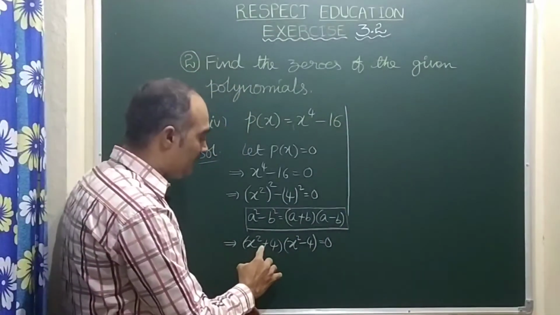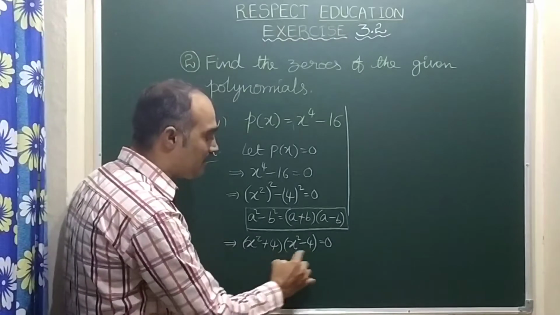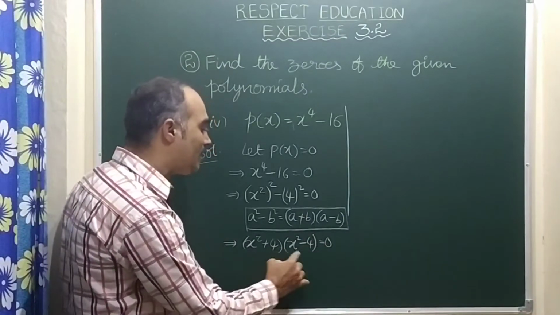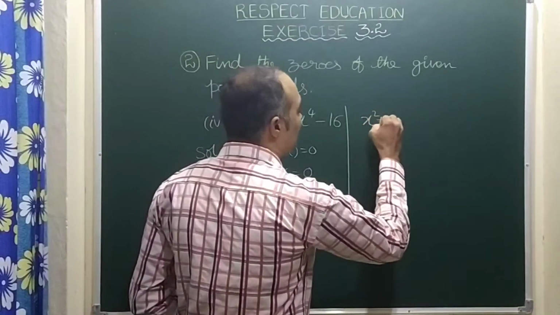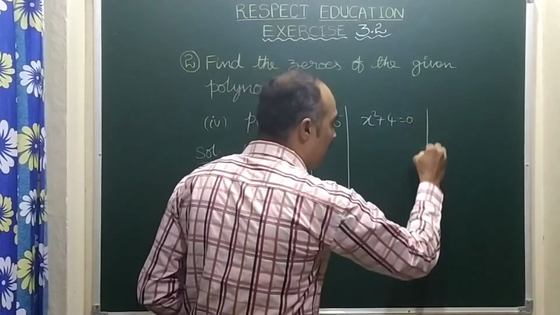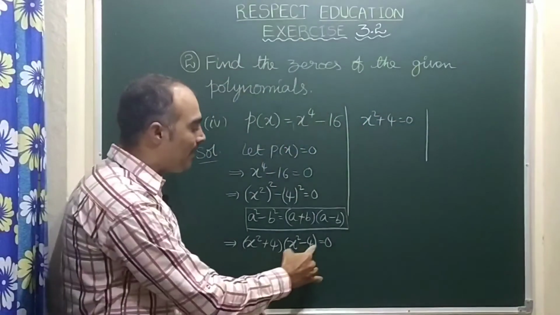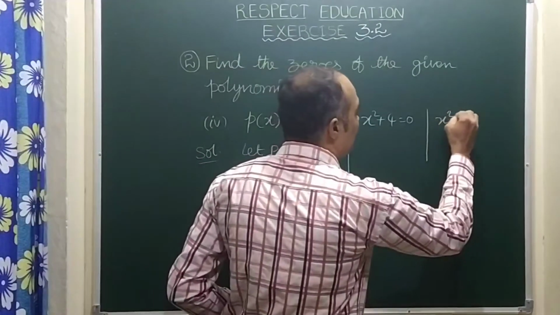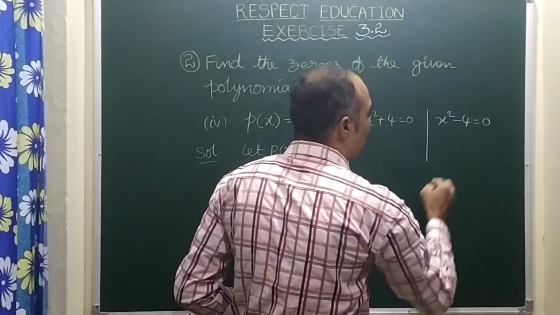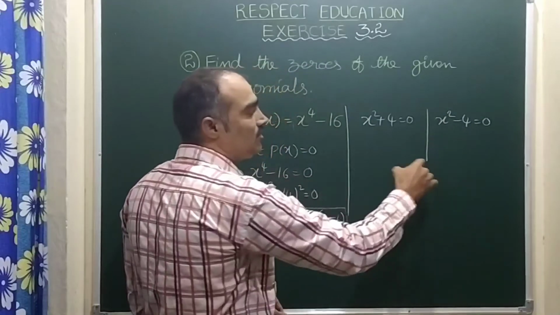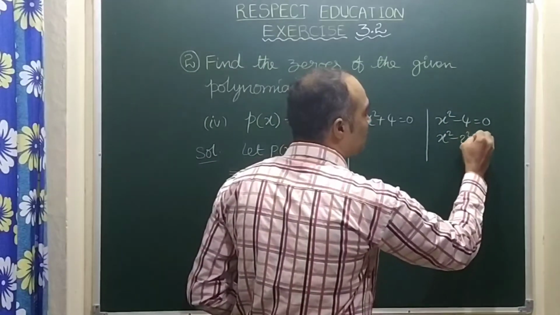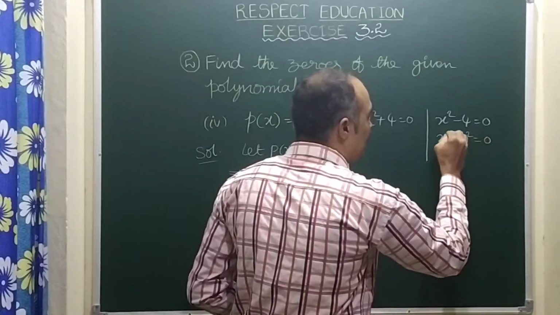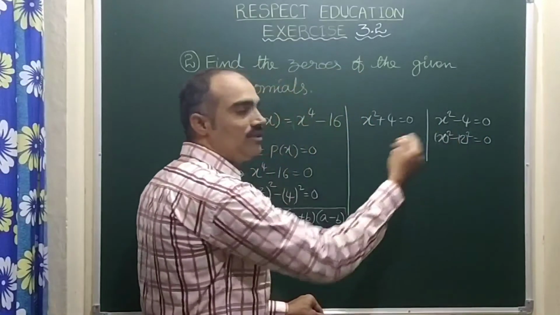Now here let us take the product of two polynomials is 0. So individually each one can become 0. So here I am taking either x square plus 4 equal to 0 or x square minus 4 equal to 0. So first of all, x square minus 4 is very easy to simplify. Let us solve that one. X square minus 4 can be written as x square minus 2 square equal to 0. So here let us maintain the bracket to compare with the formula.